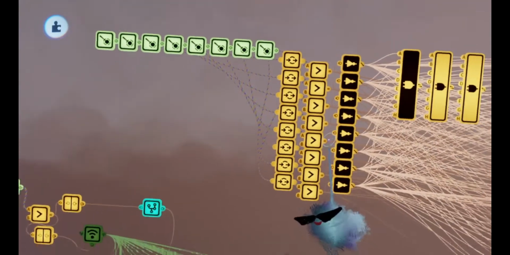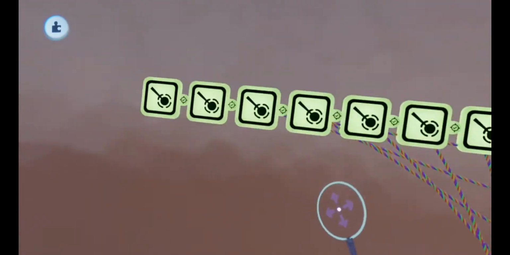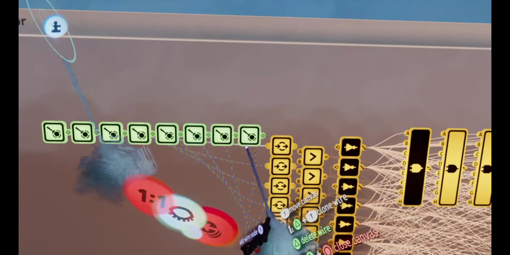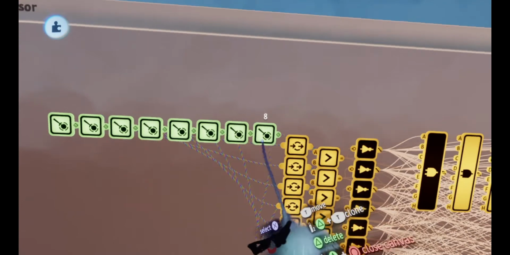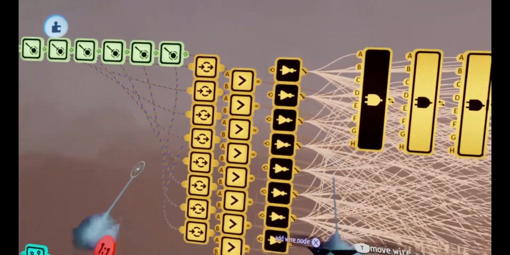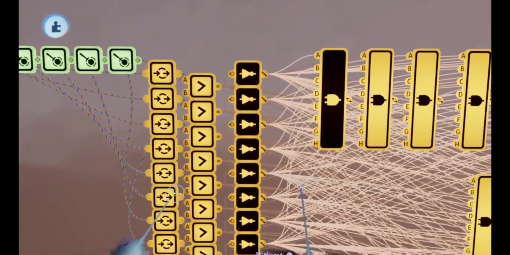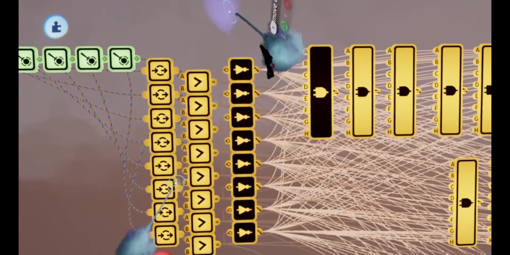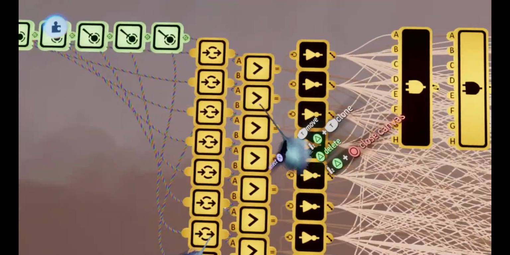So, I have these Laserscopes. Each one checks for the corresponding label. This one checks for target, this one checks for friend, I think.